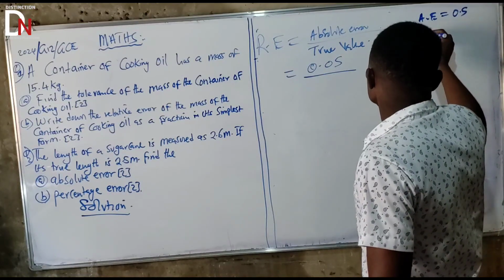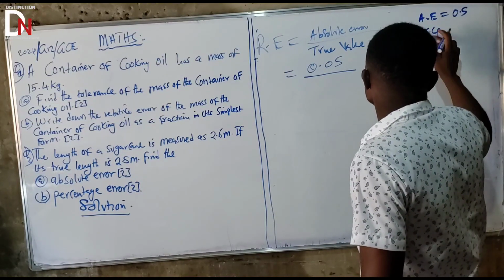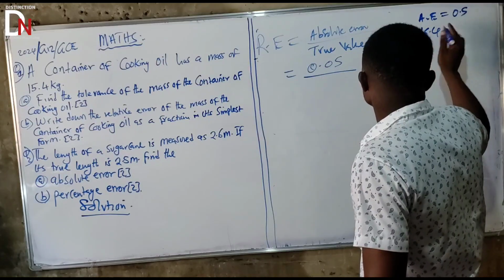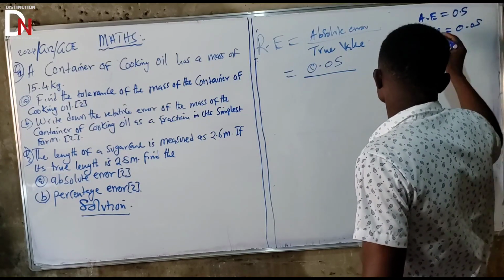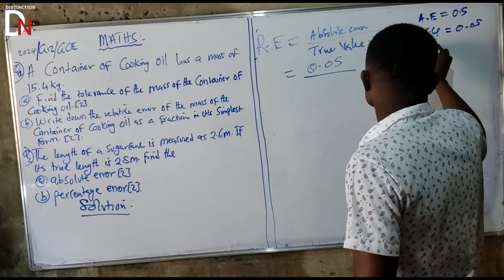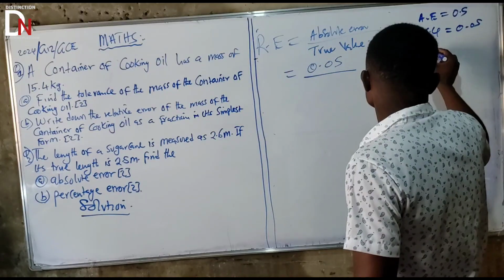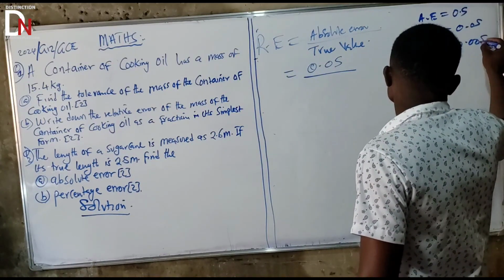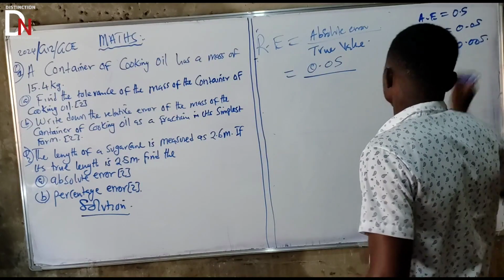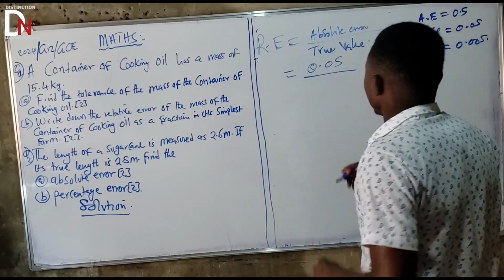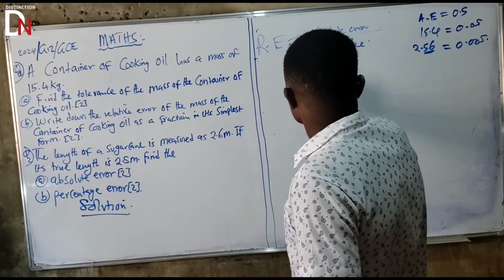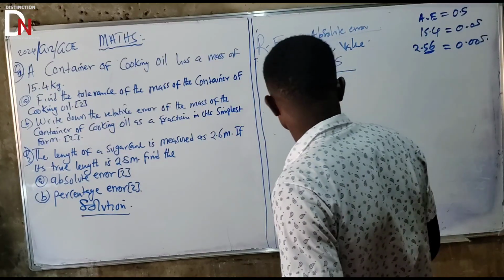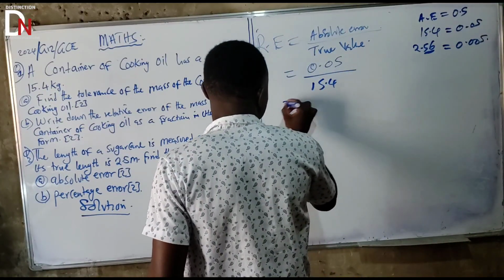But since it has 1 decimal place, in this case it's 0.05. If it had 2 decimal places, this would have been 0.005. So now our true value is 15.4, and this is equal to